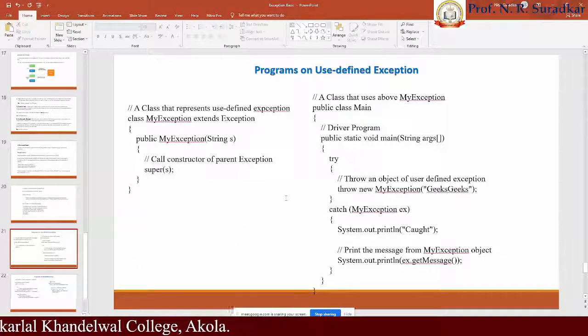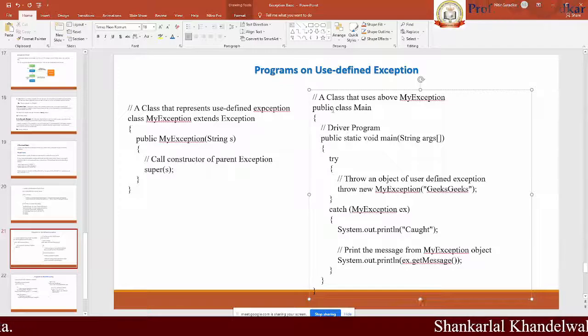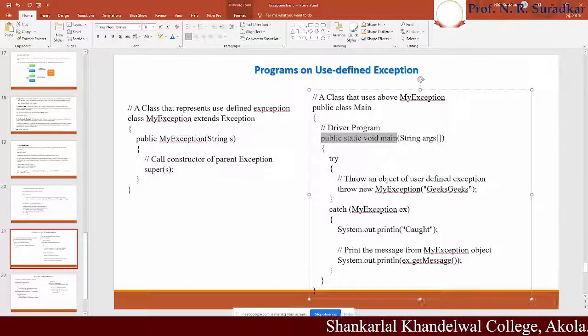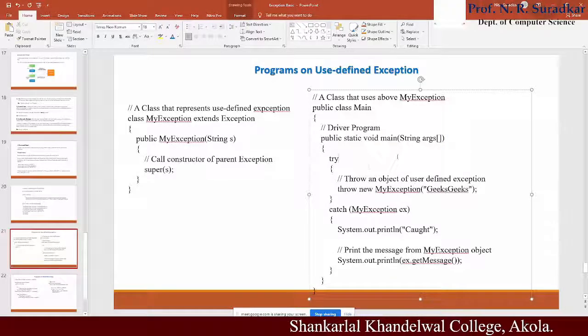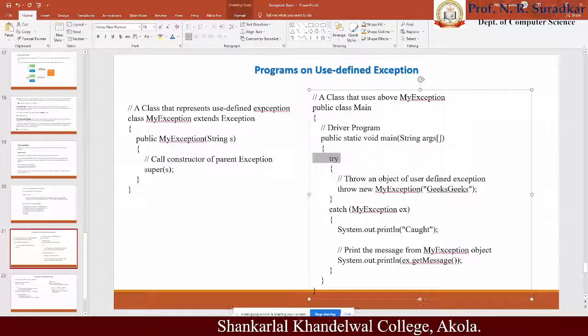class we have seen here. The next important class we created here is the main class, public class Main. The main class is the class which is normally used to execute all the program instructions. This is the first class, this is the second class, public class Main. In the main class we have the main function, that is, public static. Okay, and use the try block to throw an exception.